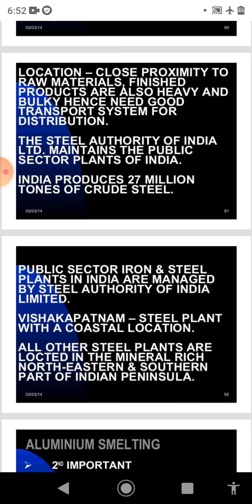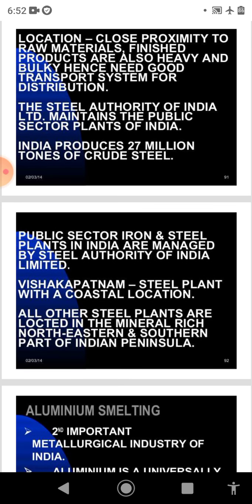So to improve the production, the Government of India has taken the following steps. First one, the government has adopted a new economic policy of liberalization, privatization and globalization. Government is promoting foreign direct investment in this sector. Government has launched a duty exemption scheme.